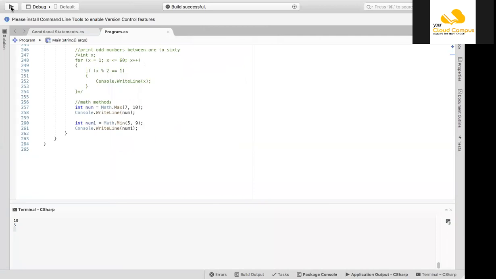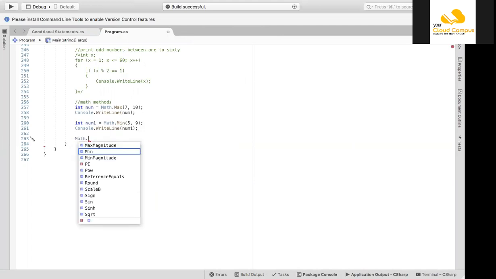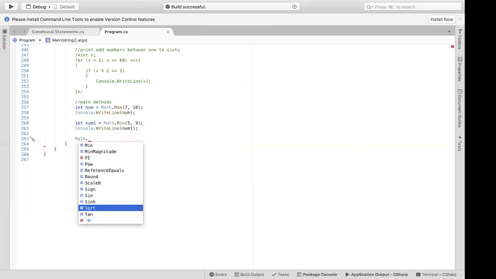Clear? Now one more function, that is square root. Math.sqrt.